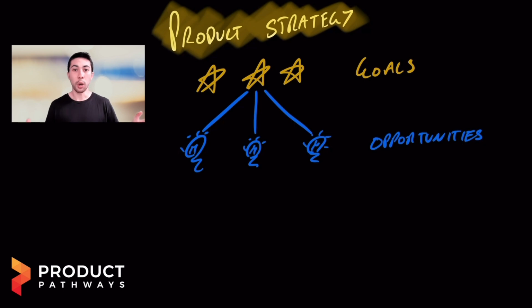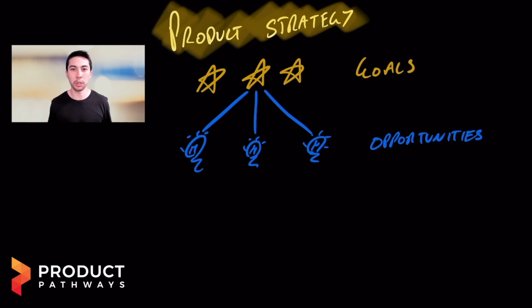Now, the question is, what are all the things that we could do to help solve that retention problem? What are all those opportunities? What are some of the problems and hypotheses that we have about our retention problem? And we want to prioritize those next. What are the opportunities within that space? Once we've landed on prioritizing those opportunities, we start at the top.